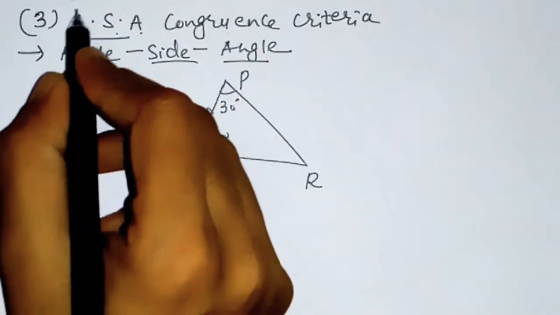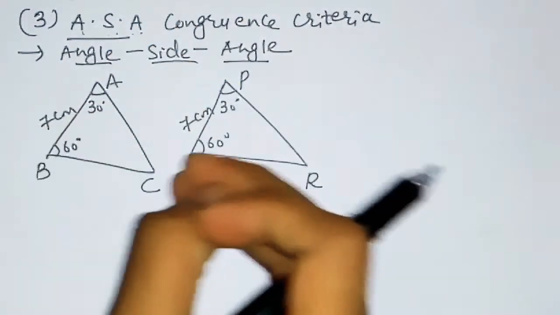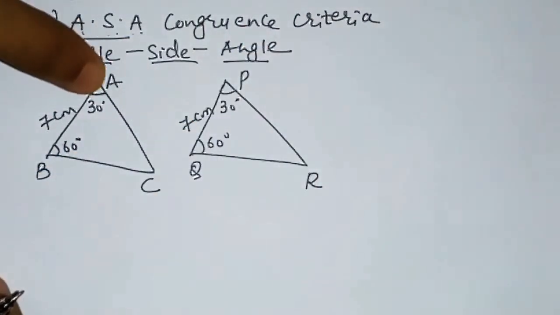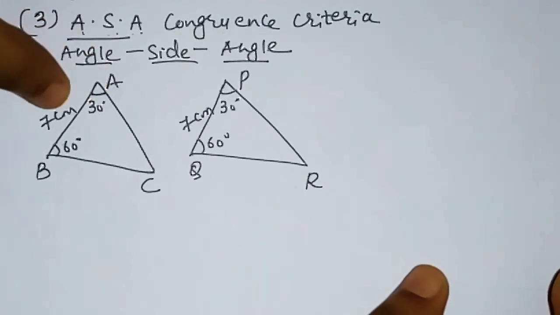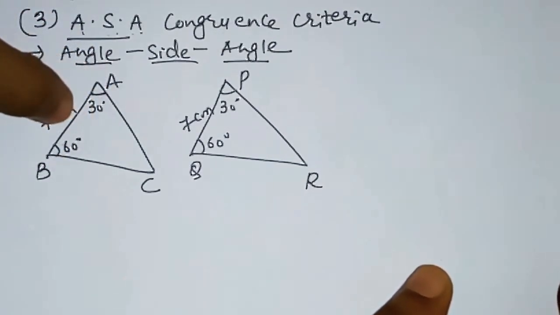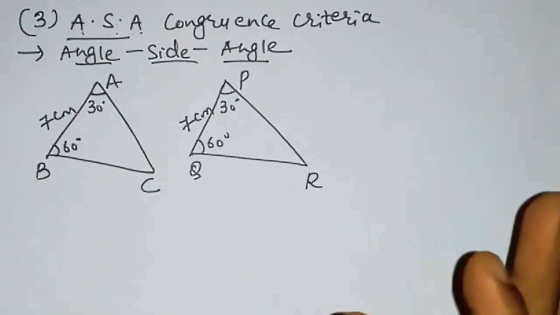So as the name is given to you, angle side angle, according to the name of the criteria, the order, the sequence should be there. So angle side angle means now it is angle, side, and then angle. If you see the figure, it is angle, side, and then angle. So between these two angles, this side is given. So the side should be between these two angles. So you need to see the figure very carefully.